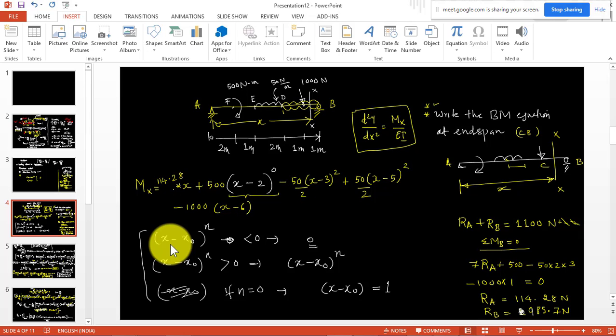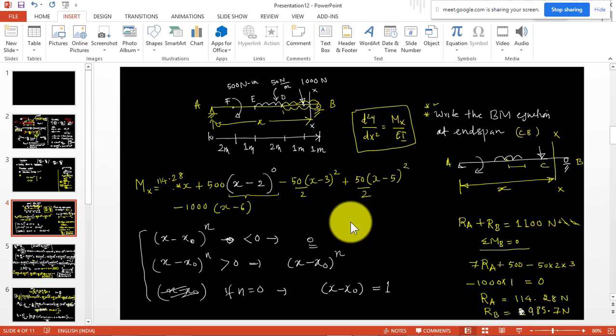And if there is some value there, but still your n is 0, power is 0, in that case it will be 1. That is the case for your moment. This kind of term will come only for the constant at the moment. And if power is not 0, and x minus x 0 is positive, then you have to take that term. Do we have to consider even or odd? So you have to see only the x minus x 0, that quantity.